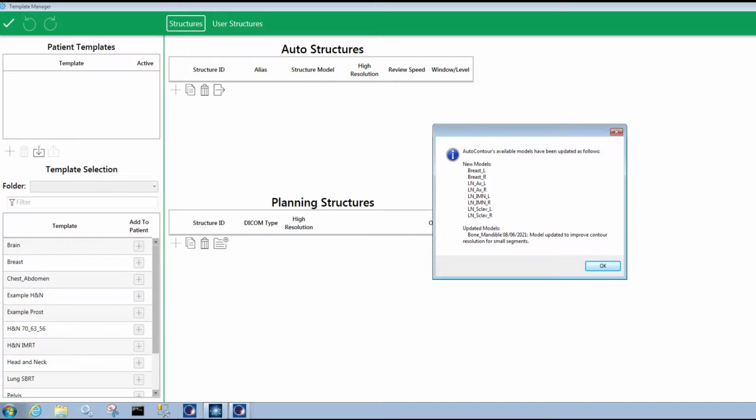As Radformation continues to add new structure models to AutoContour, you might be presented with a pop-up like this, indicating that new models are available to start using. These models will automatically be ready to use, and because we're making these additions on the back end, no upgrade is required to take advantage of them. To get started using these new models as efficiently as possible, I'm going to go ahead and hit OK here